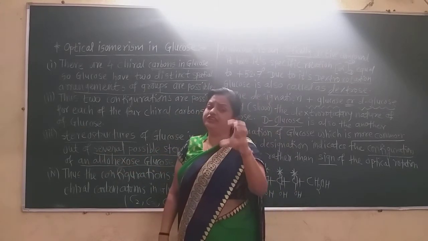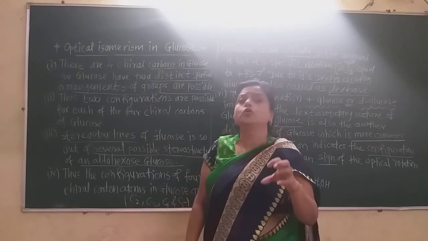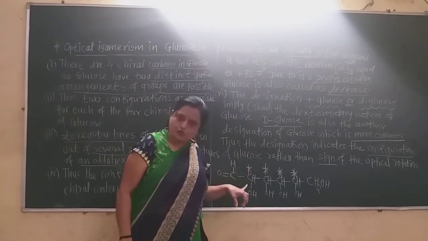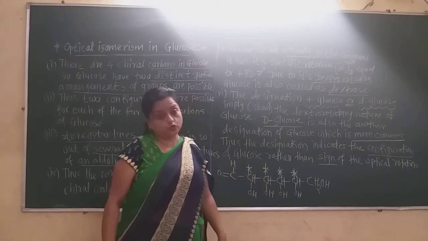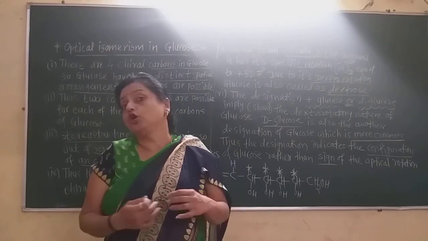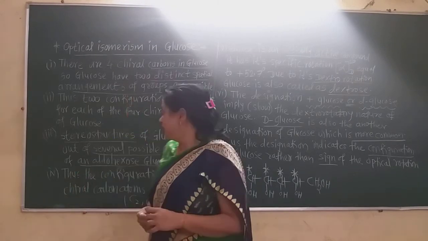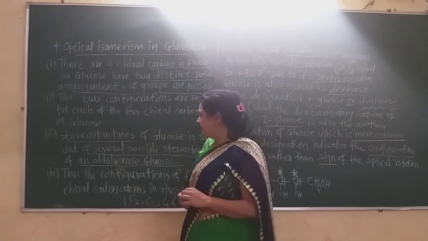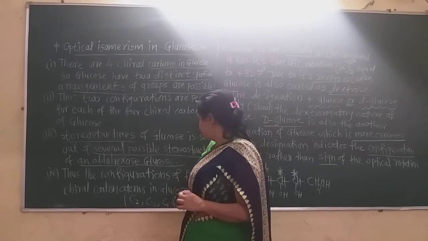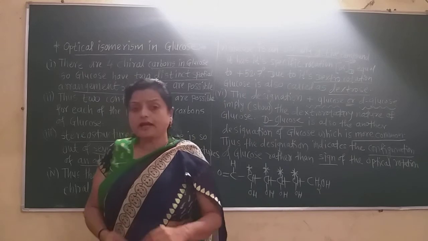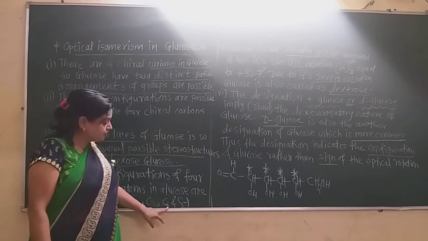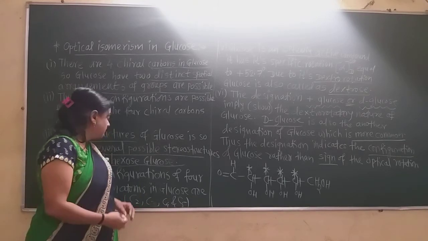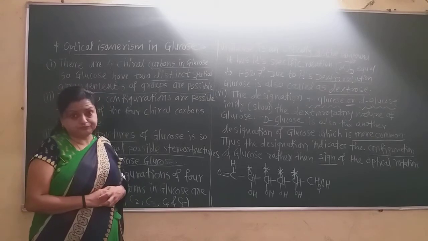2 are very distinct. Aldohexose means glucose has an aldehydic group in it. And why is it called a hexose sugar? Because there are 6 carbon atoms in glucose. So glucose is also called an aldohexose. Due to that aldohexose structure, 2 stereoisomers are possible in glucose, and thus the configuration of 4 carbon atoms in glucose. Now which are those 4 carbon atoms? C2, C3, C4 and C5. And due to these 4 carbon atoms there are the configurations in glucose.